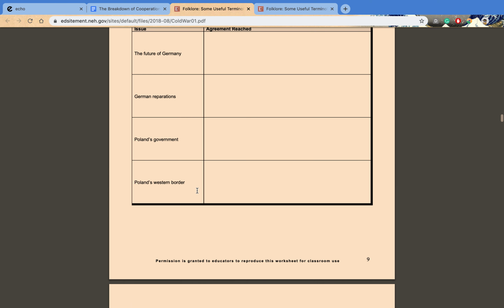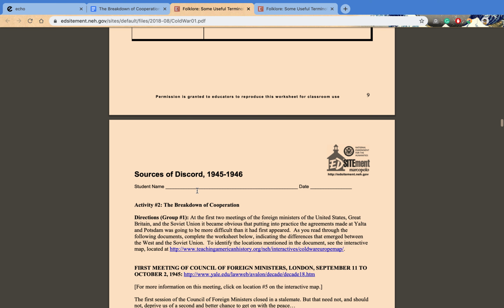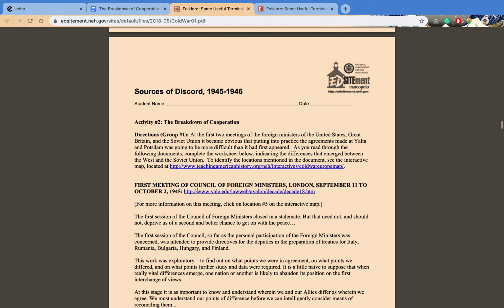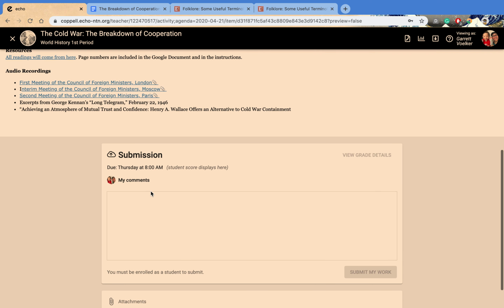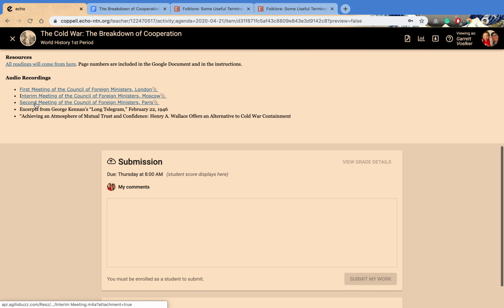Once you get there, you're going to read a source, or listen to it, depending on what you want to do, because I did an audio recording of it too, and it's in Echo. Scroll to the bottom, right here, and then the other ones are here as well. These are going to be for Thursday's activity, so don't worry about these next two.